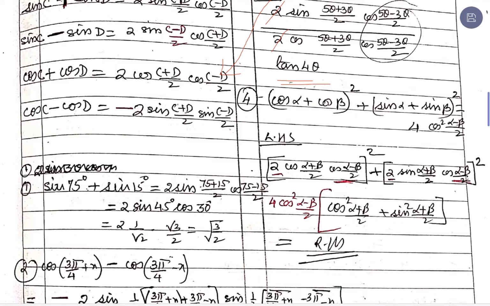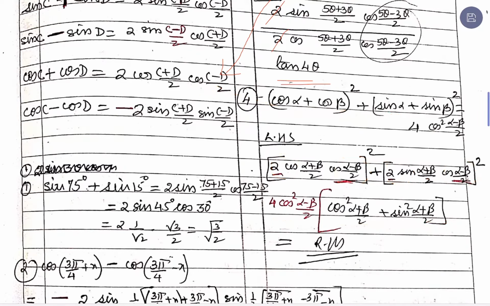Now the formula that we have to apply: if you read this in terms of this, you will find that you get 2 cos of (c plus d) on 2 cos of (c minus d) on 2. Likewise this will be 2 sin of (c plus d) on 2 cos of (c minus d) on 2. It is the square of the expression, that's okay. But we find that there is something common, the common factors are this and the 2 that we have. When taken out of the bracket it comes out to be 4 cos square of (alpha minus beta) on 2. And what is left is this expression, which again reduces to 1. That is the right hand side.